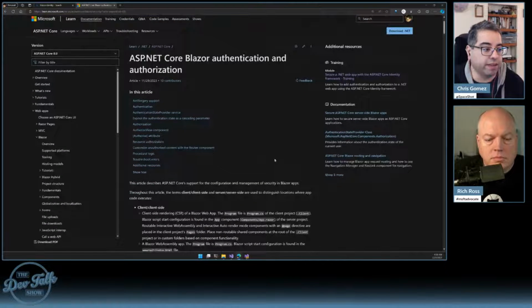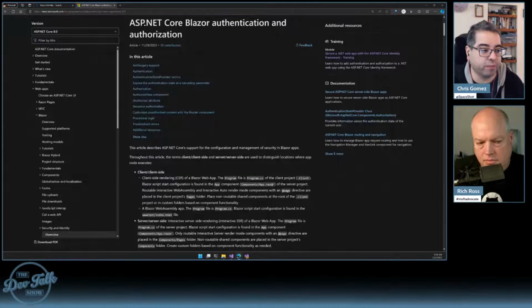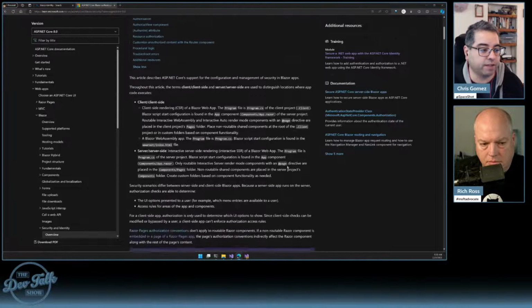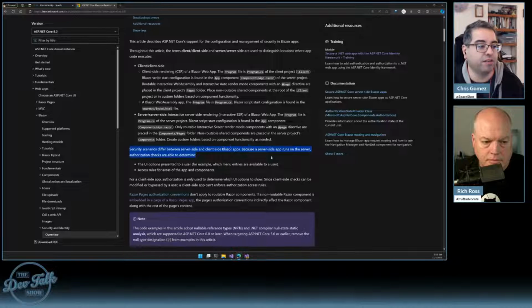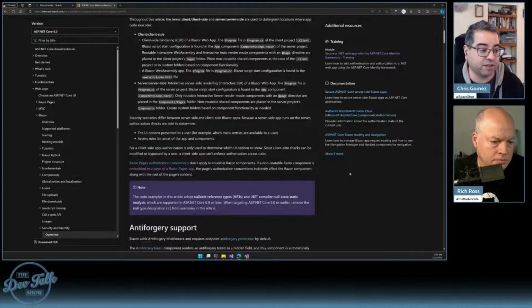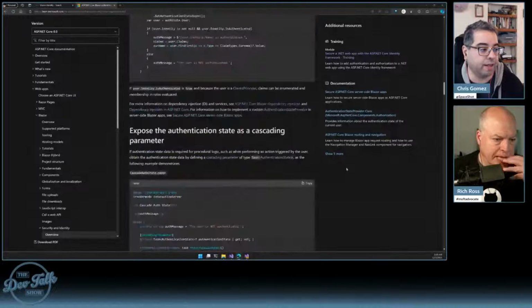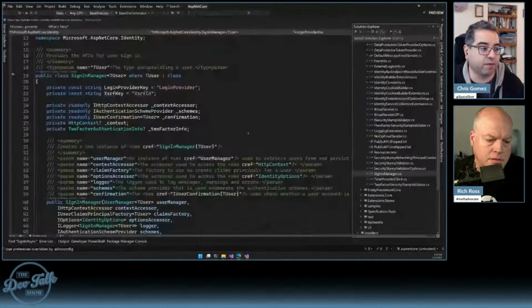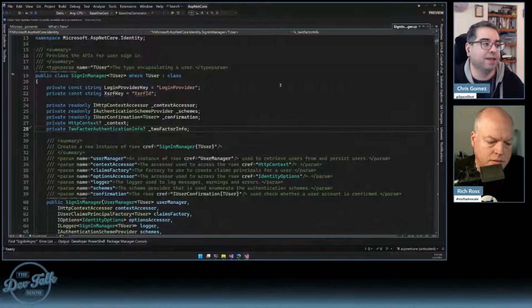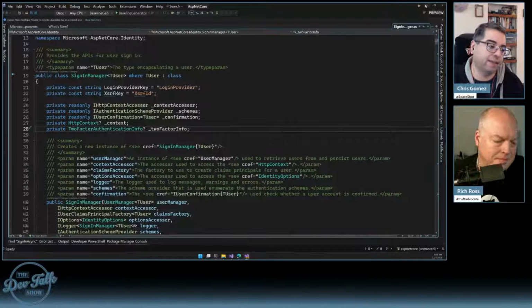And I think what you're going to see is we're essentially going through this, except we're just not doing it by reading it. We're starting off at the top by saying, hey, there's different ways to do this. They talk about how there's client and server side. Your security scenarios differ. So there's a lot to go through. And that's kind of what we're working through, except that for me, because I can't help it, I'm saying, okay, so